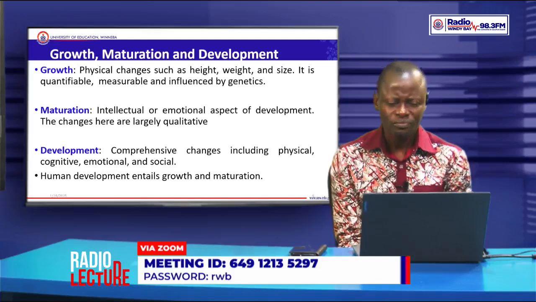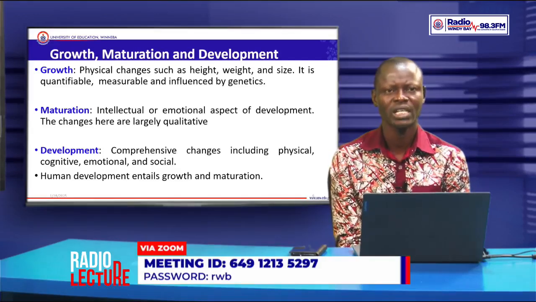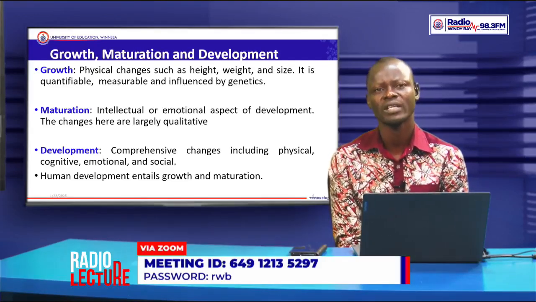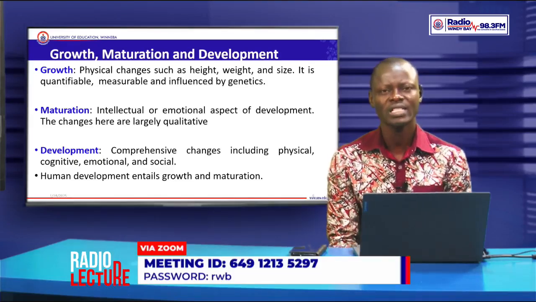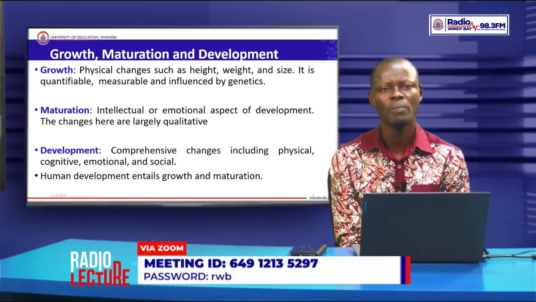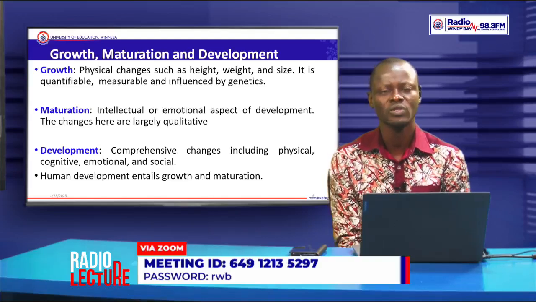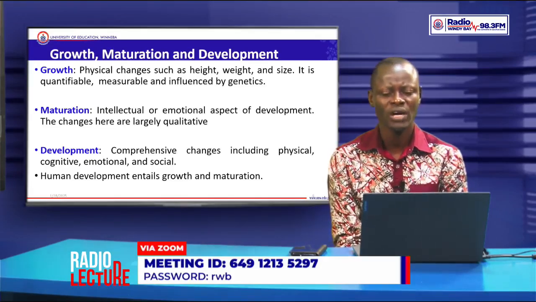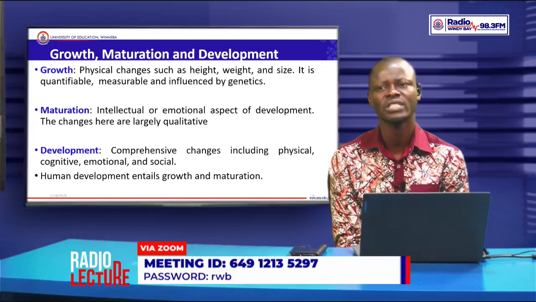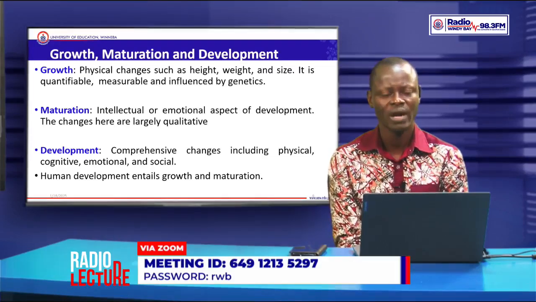Your genetic makeup is something that is given to you either by your parents or by your great-grandparents, and they are called genes. So you inherit some kind of genes or chromosomes from your parents, and this determines how your makeup is going to be, whether you are going to be tall, you are going to be plump, you are going to have weight, or you are going to be somebody who is slim. These are things that are influenced by genetics.